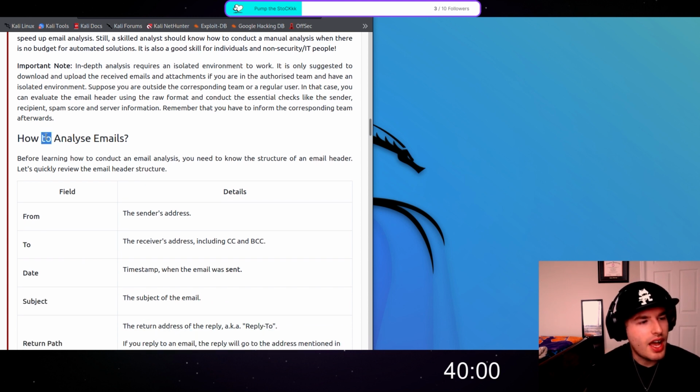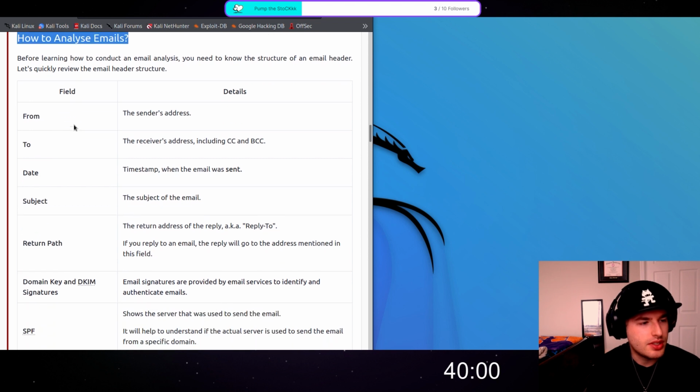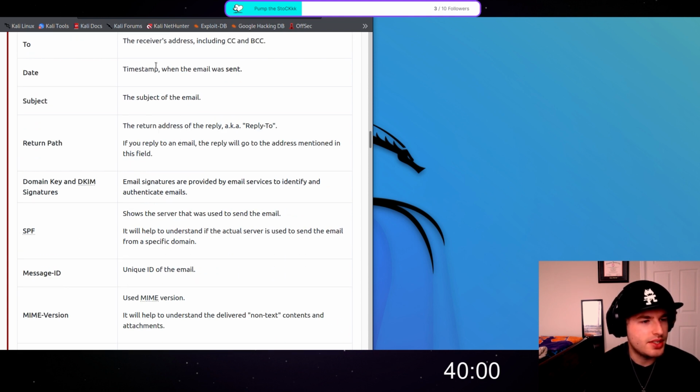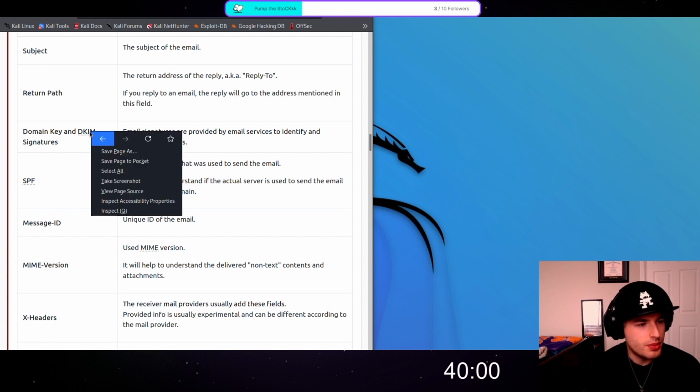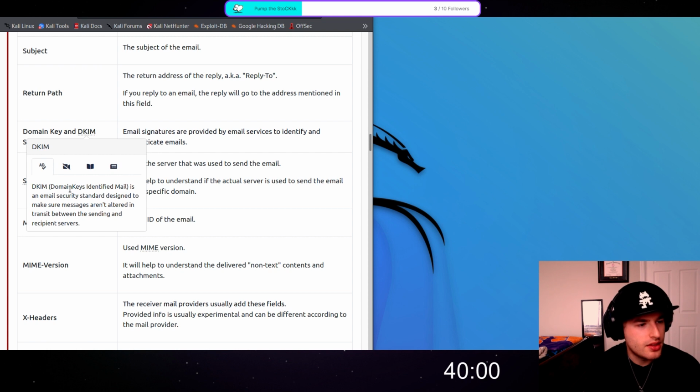So how are we going to analyze these emails? I guess, always looking at where that address was from, to where it's going to, date, the timestamp of when it was sent, subject, return path, the return address of the reply, aka the reply to. If you reply to an email, the reply will go to that address mentioned, domain key and DKIM key. Let's see if we can open this in a new tab. The DomainKeys Identified Mail